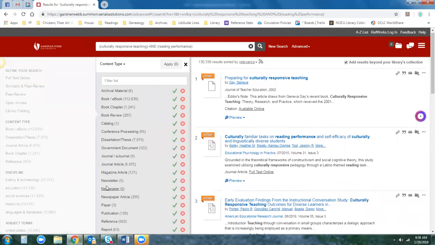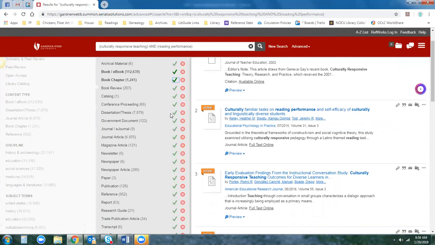So you've got your newspaper articles and your magazine articles and stuff. With your topic, most people are not going to write about culturally responsive teaching in a non-scholarly way. But what I would recommend is I would still look at the books and the ebooks and book chapters. I wouldn't want to exclude that. I would keep the dissertations in there, anything from a journal,